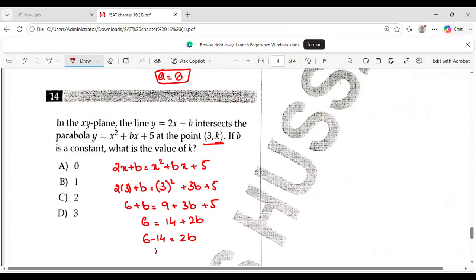So now you guys figured out that b is equal to, this was -8 to -4 हो जाएगा. ठीक है. So मैंने b की वैल्यू फाइंड आउट कर ली. b is equal to -4, but I need to find out the value of k. So if I just simply plug in this value, k is equal to 2x, which is 3, plus b. b कितना है? -4 है. सही है. So k is equal to 6 minus 4. k किसके बराबर हो गया? k is equal to,